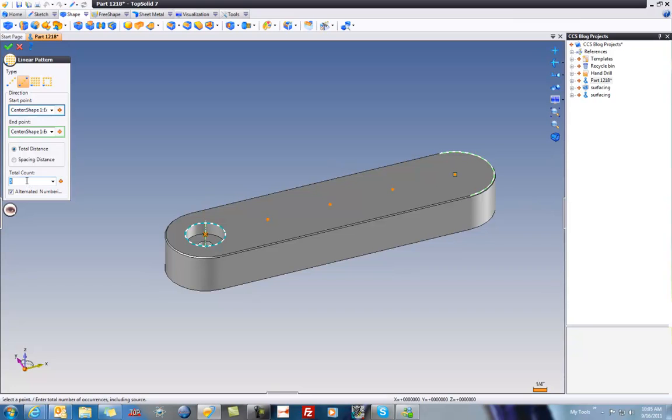Perfect. And now for my total count, I want the total count to always be 1 less than my distance. Okay? But my d value, my named parameter d, it has a unit associated to it. So how do I use the unit d to represent a quantity when quantities are unitless? Well, here we're going to use a little math magic. Okay? So I'm going to do this. I'm going to say d